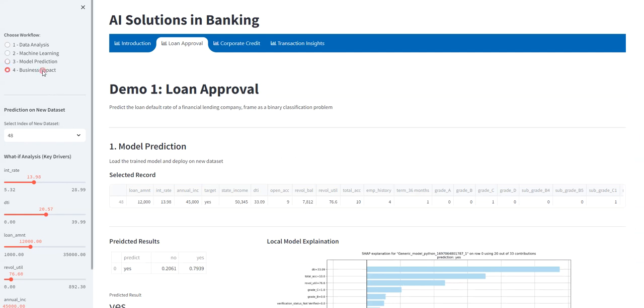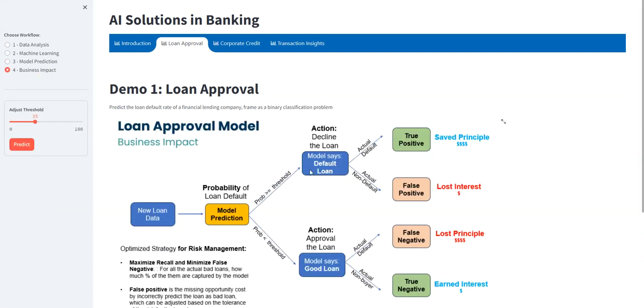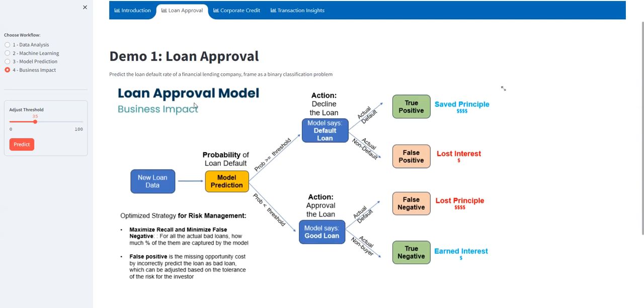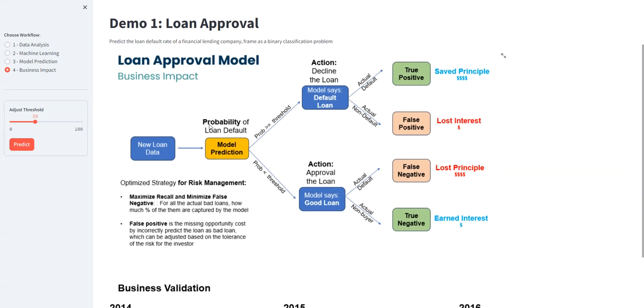So enough for this. We were trying to predict the single result, right? But what if we predict the entire population, and we can manage the bank's portfolio, managing all these loans in a group, right? So this is basically predicting the loan default rate of financial business, having the business impact, where you have a new loan. You try to predict whether the loan is default or not, right?